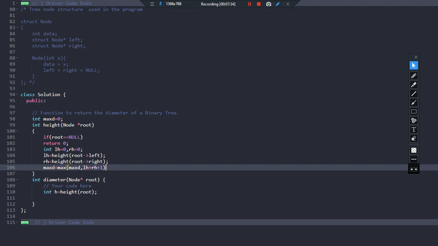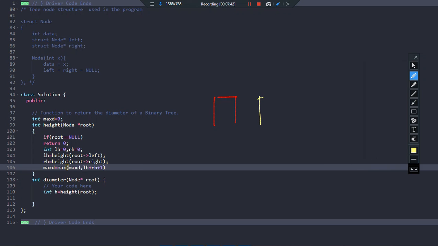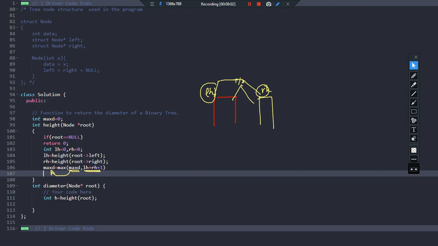Whenever you are considering a subtree, if you have already found its left height and right height, then you can find the diameter of that subtree by adding left height plus right height plus 1, isn't it? That is what I am doing. The diameter of this subtree is compared with the previous maximum diameter value, and whichever is maximum will be assigned to max d, right? Okay, it's fine.